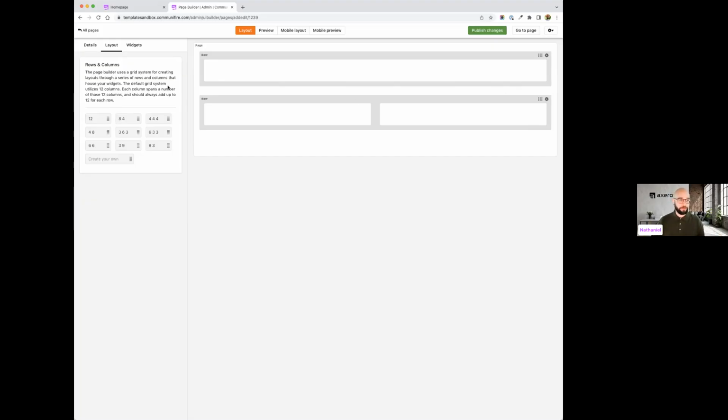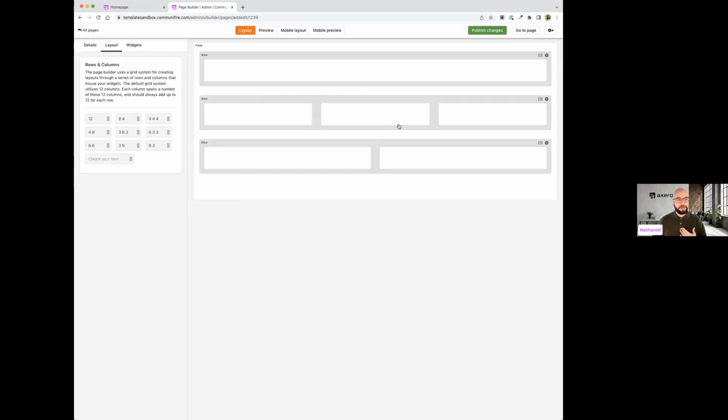So a 12 is going to take up all 12 rows, right? A 6 by 6 is going to have 6 rows on one side and 6 rows on the other. They're essentially giving you 2 equal columns. Now, that's the explanation of what's going on. What I always recommend is just drag these on to the page, and that way you can see them. It makes a lot more sense when you do that, and then you can decide which rows and which columns